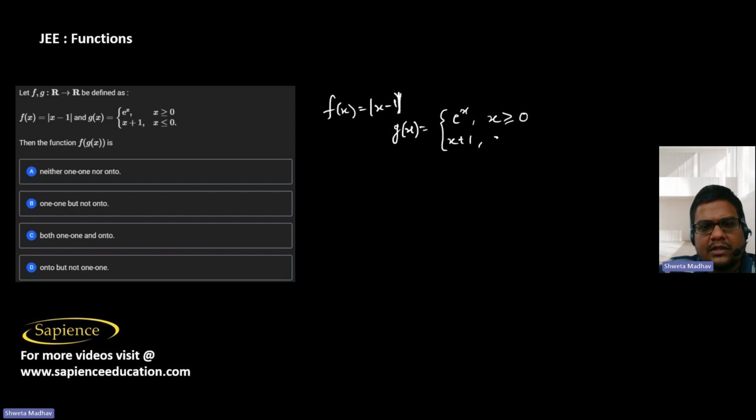Then here it is told, let f and g map from R to R be defined as f of x equals mod x minus 1 and g of x equals e power x when x is greater than or equal to 0, and it is x plus 1 when x is less than or equal to 0. Then the function f of g of x is what? Find it. So now f of g of x,